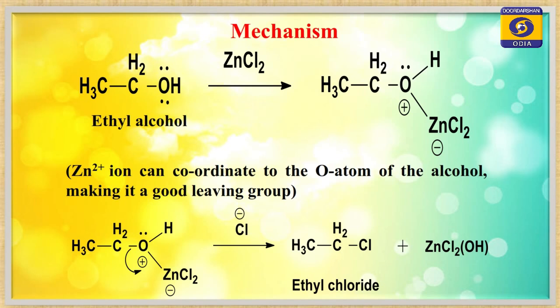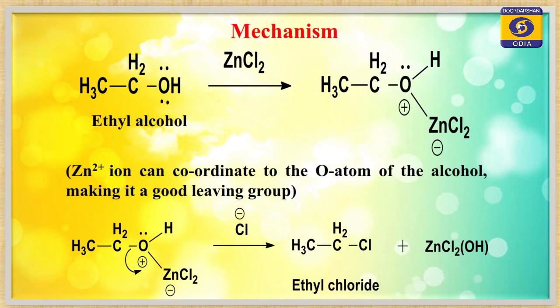I have told you the removal of OH group is not so easy. So, use zinc chloride. Zinc 2 plus ion coordinates with oxygen atom, forming an intermediate, that is O plus ZnCl2 minus. This one is a very good leaving group, and now from the carbon chain, that is from CH3CH2, this leaving group departs and the chlorine atom attacks the carbon atom, and you get the compound CH3CH2Cl. This is the mechanism behind the Grove's process, or the anhydrous zinc chloride method.